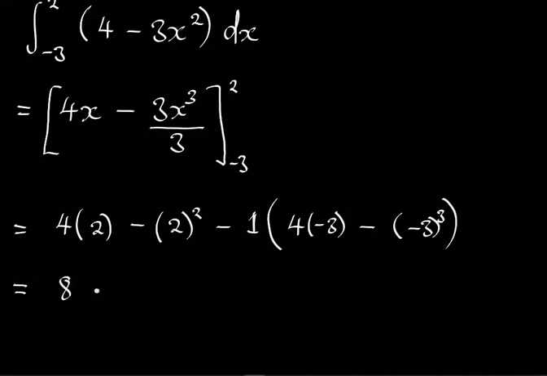We have 8, 4, -1. We work what's inside the brackets here. We have a -12, negative and negative there. Notice this is to the power 3, so it's -3 multiplied by itself 3 times. We're going to have -27. That -27 multiplied by this negative is going to give us a positive,